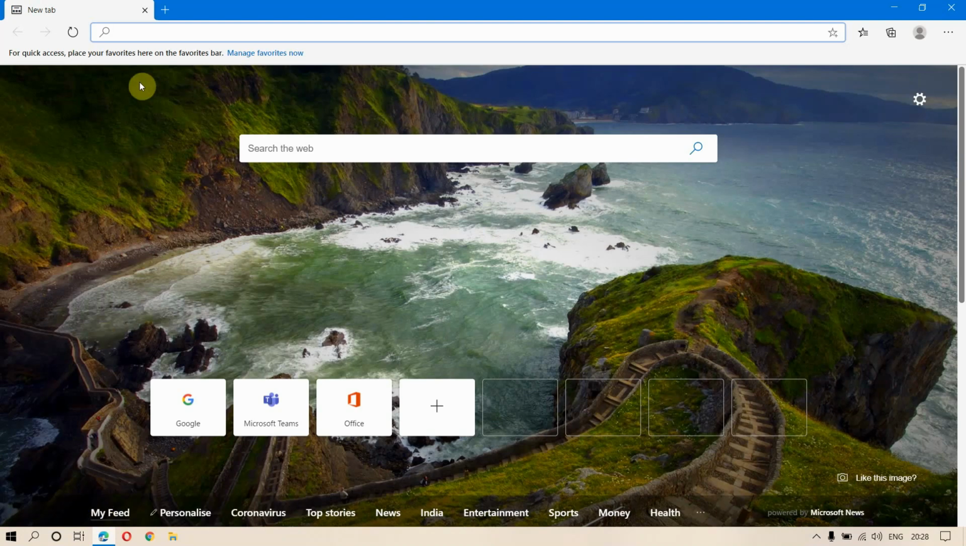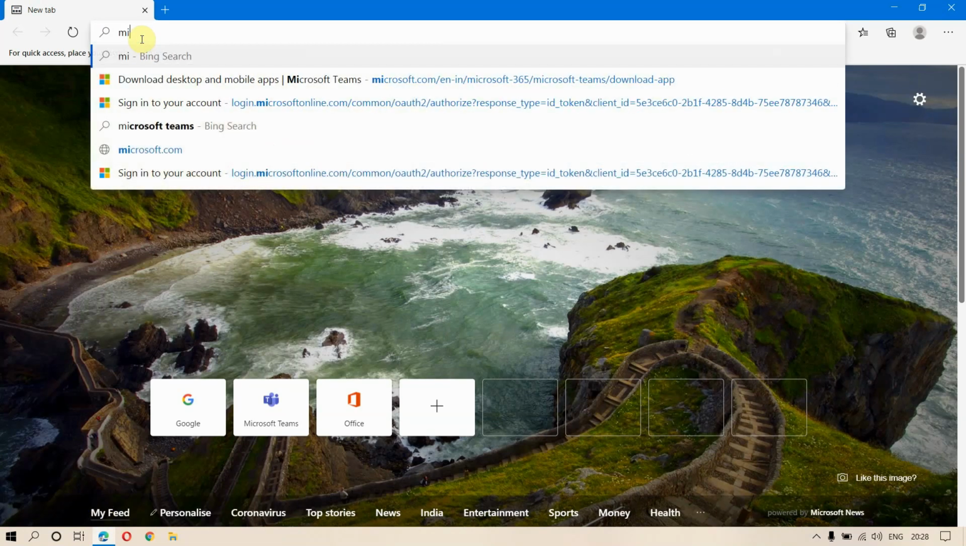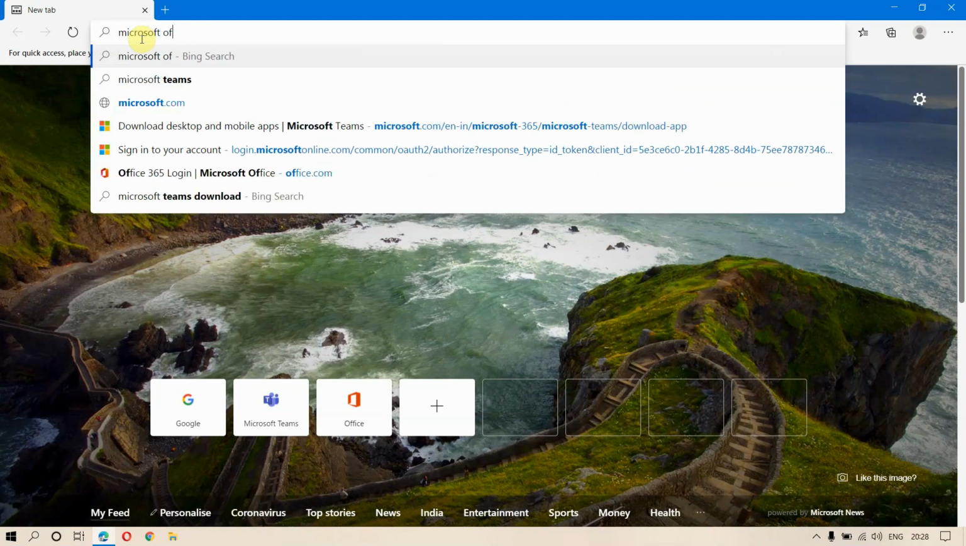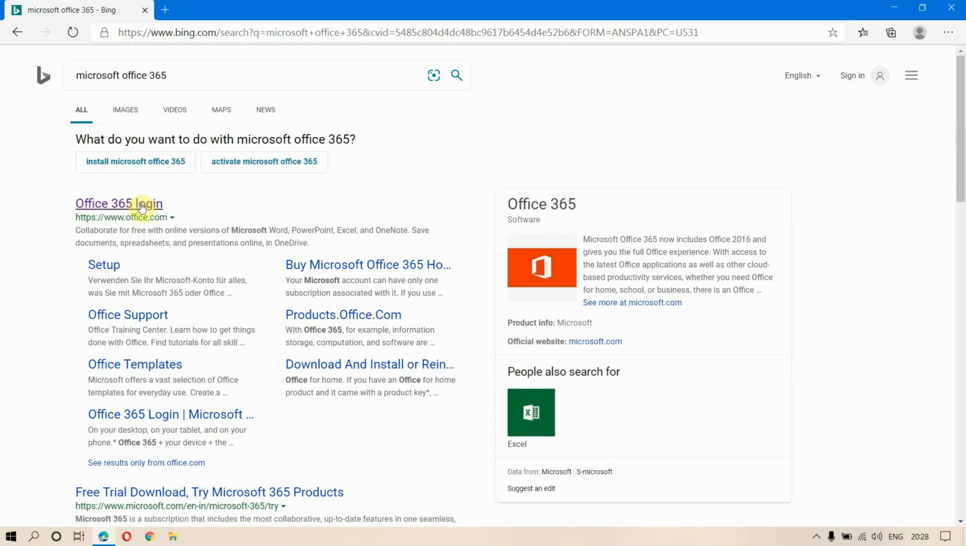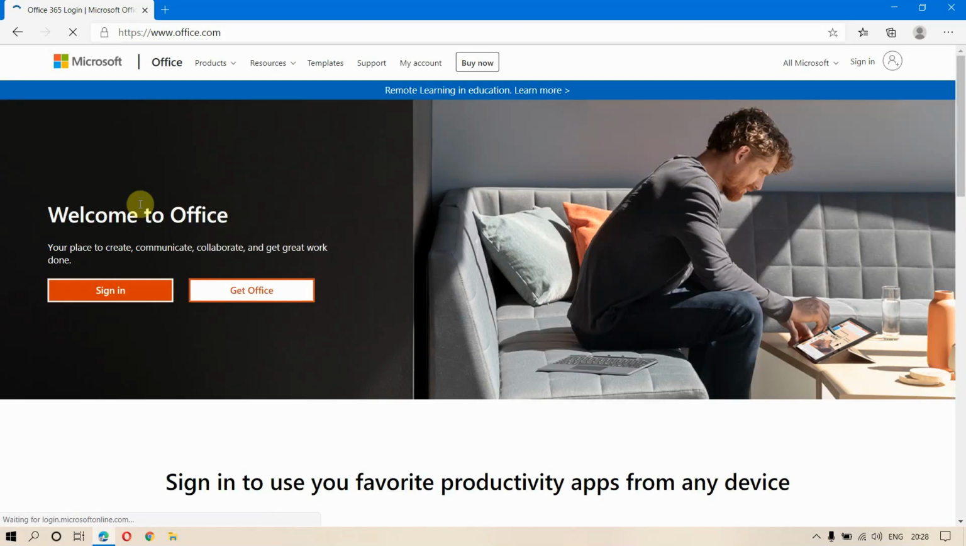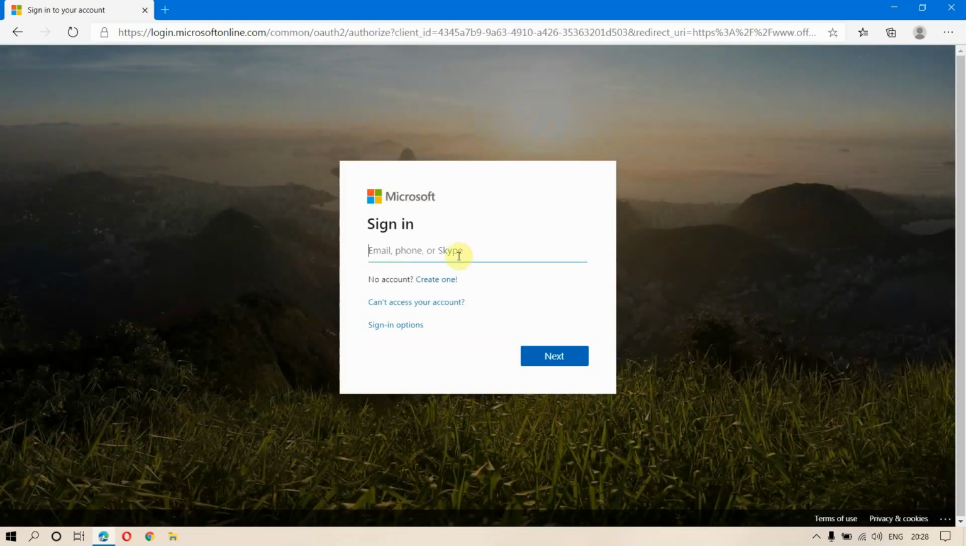For that, we have to go to our browser and type Microsoft Office 365. This will take you to this website, www.office.com. Click on sign in, and here you give your email address that you have received, the user ID of Microsoft, like I have received this